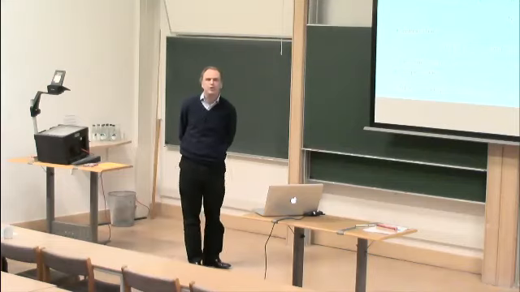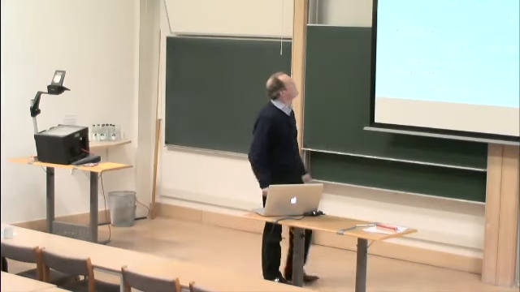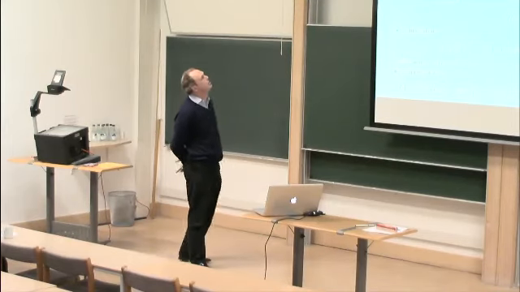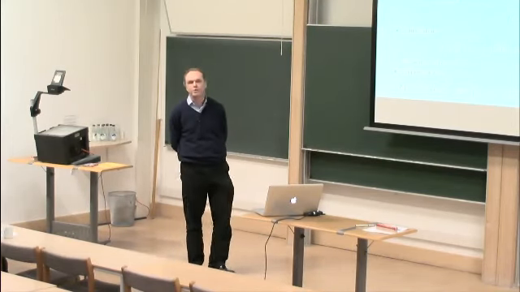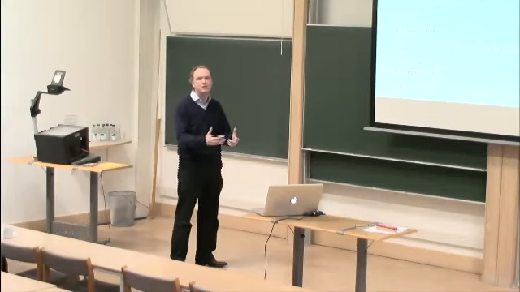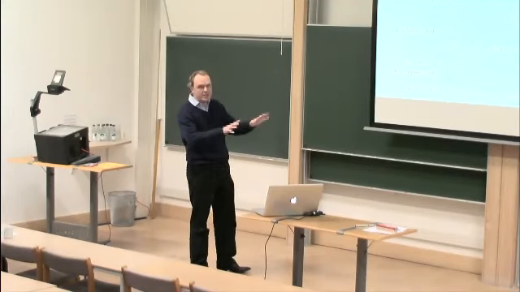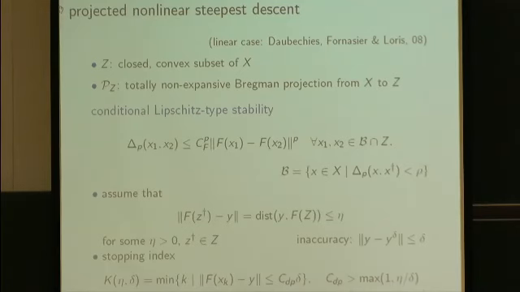So this is really how you do that. You do not use the pure point of view. The linear case of this whole idea was worked out by Daubechies, Fornasier, and Loris in 2008, and we have here a nonlinear version of that. It's essentially a nonlinear steepest descent with elements of nonlinear conjugate gradient. So Z, the space of piecewise constant functions, is a closed convex subset. We introduce projectors, and can prove that they're always totally non-expansive, a technicality you need.